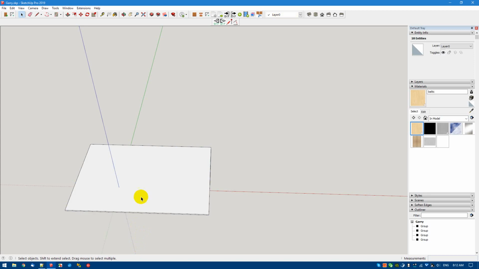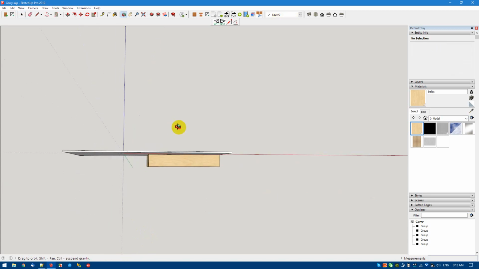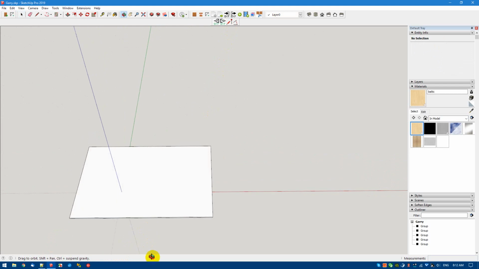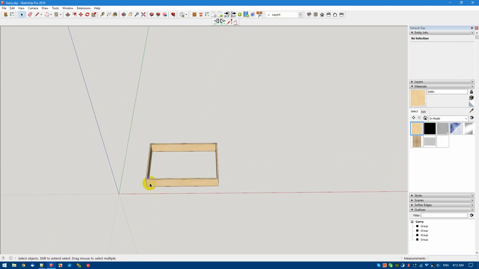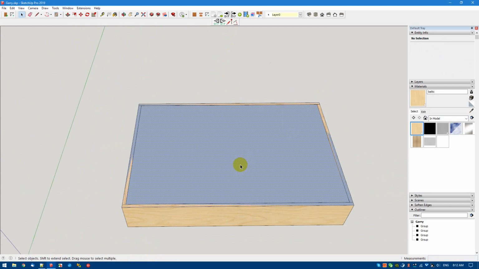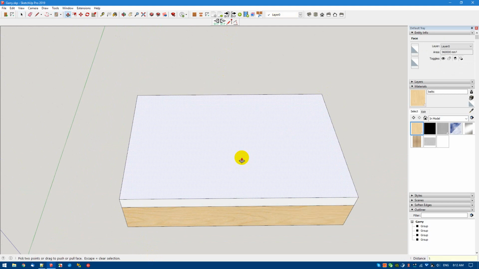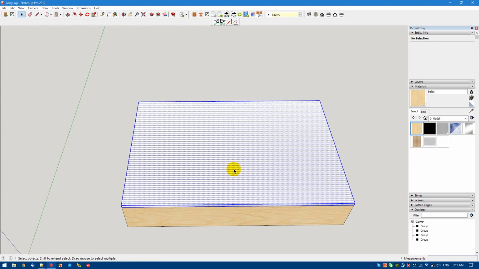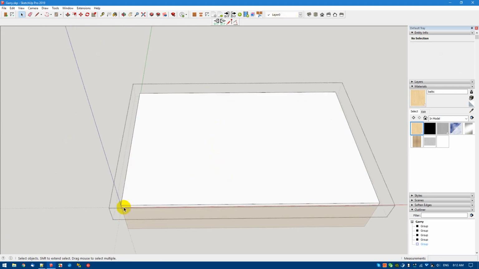Okay, so this becomes a group. No, that's why it didn't work. My mistake. Pull it up 18. Triple click on it, turn it into a group, edit it,